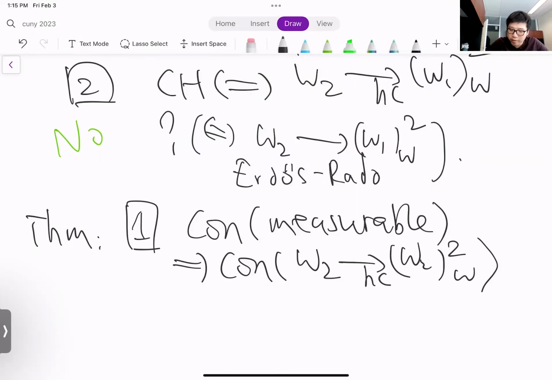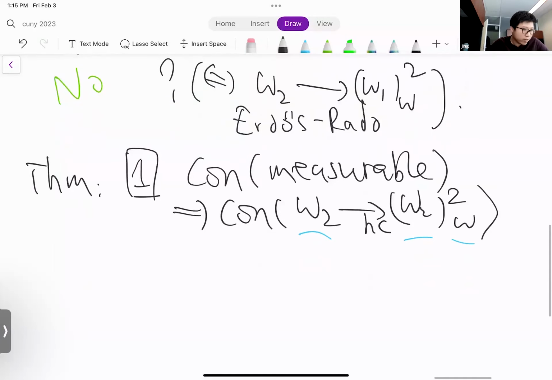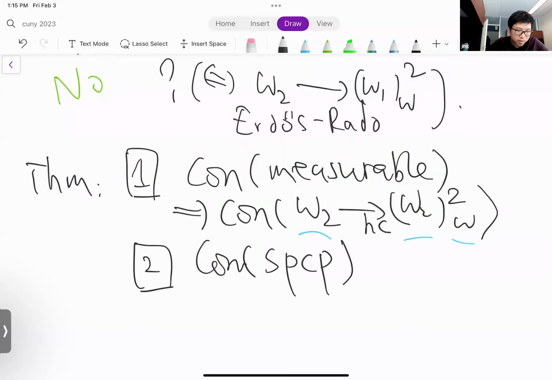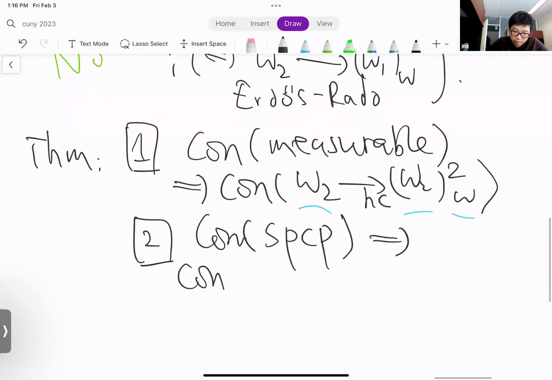Actually, yeah, so all of these guys involved are cardinals. I don't know if this is a bad habit, but I probably should have written it as Aleph 2 instead of omega 2, but you get the idea. And if you assume more, right? So that's just for Aleph 2, but what if you want more? If you assume the existence, relative to the consistency, of a supercompact cardinal, then you can get all of them. So the conclusion is for any kappa greater or equal to omega 2, kappa irregular,